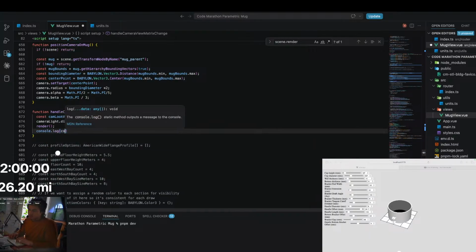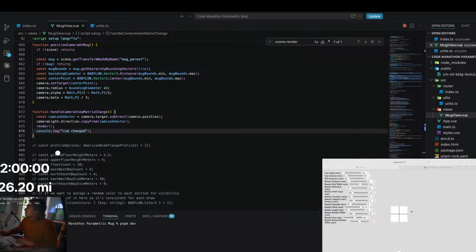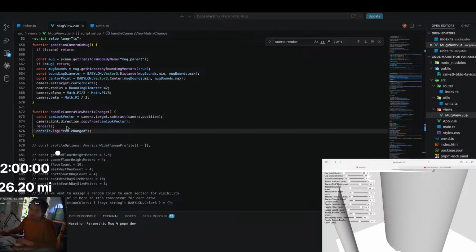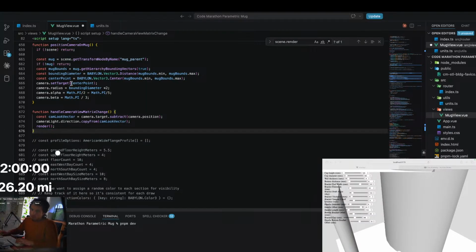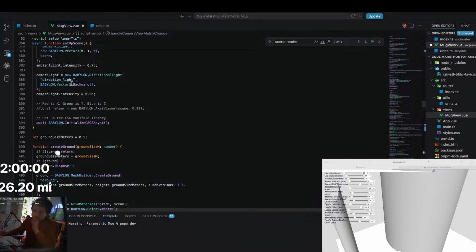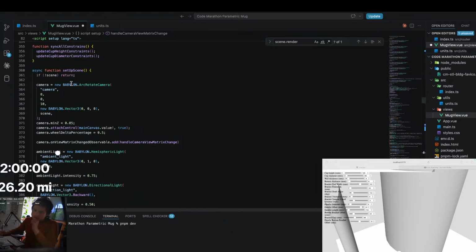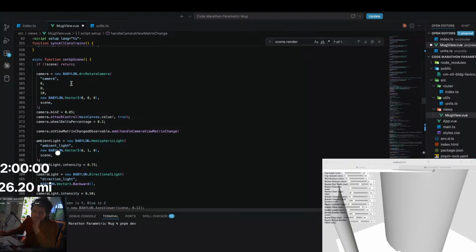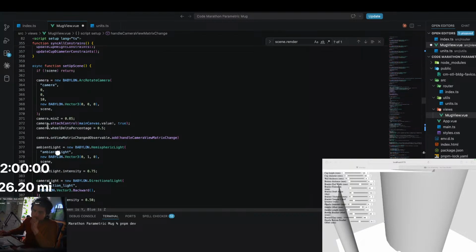Let me just log this to see. No, the camera view matrix isn't actually changing when I apply those inputs. Maybe it only changes the camera view matrix on render. If I go to camera dot